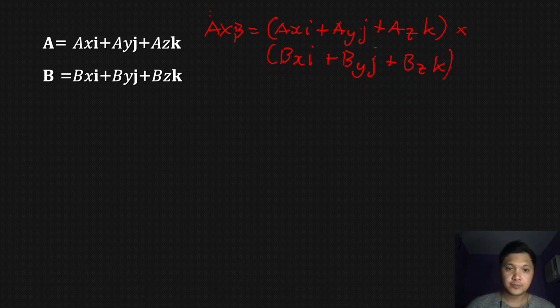Now let's do it one by one. So A cross B,